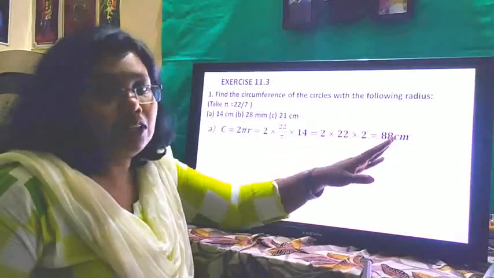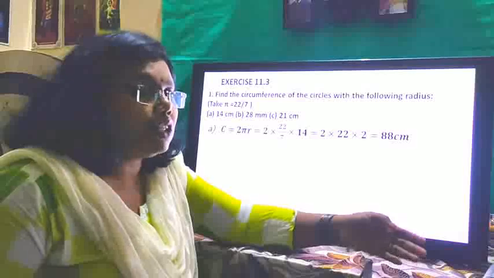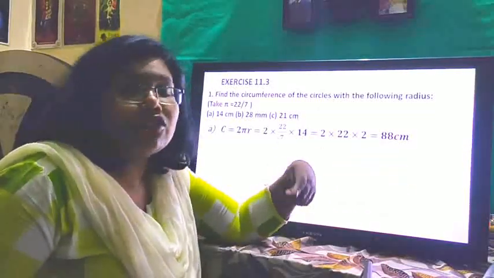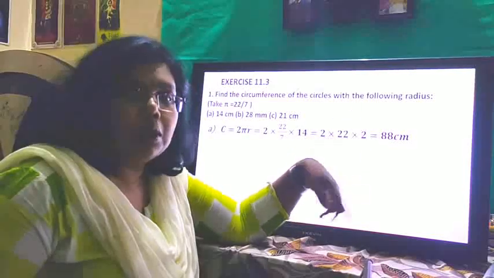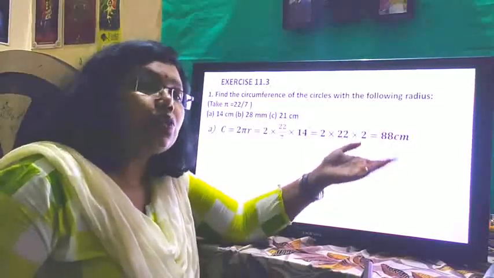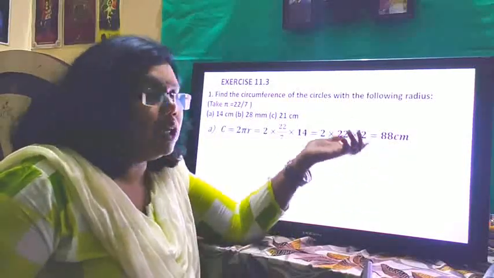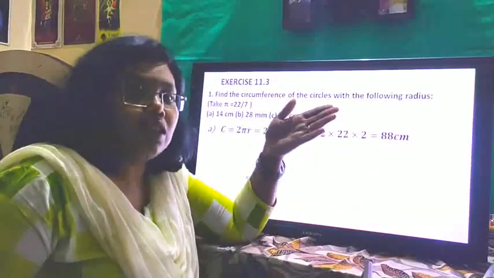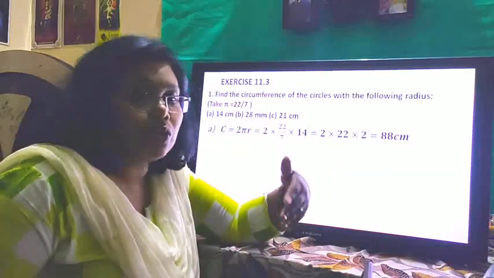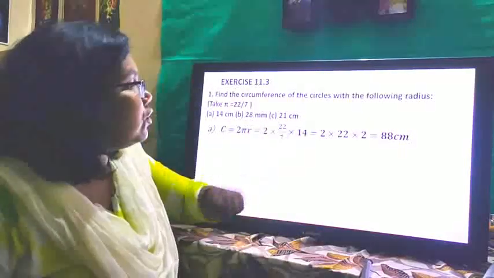Now remember one thing, that when we are talking about circumference or the perimeter, the value is in centimeter or meter or kilometer or whatever is given. Whatever the unit that's used, we use only that. But in case of area, we use centimeter square, meter square, or whatever the unit is given. So it is unit square. So that has to be remembered. Perimeter or circumference is the unit itself, and when you talk about area, it is squaring of the unit. Now this is the first question.